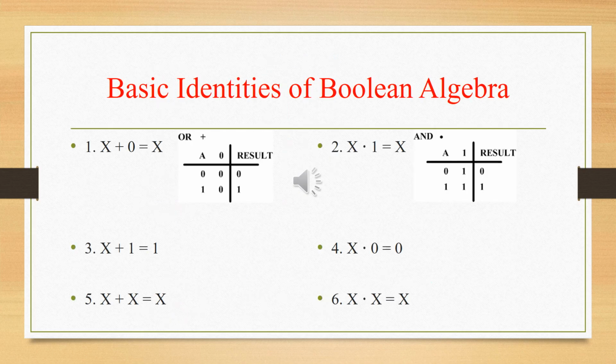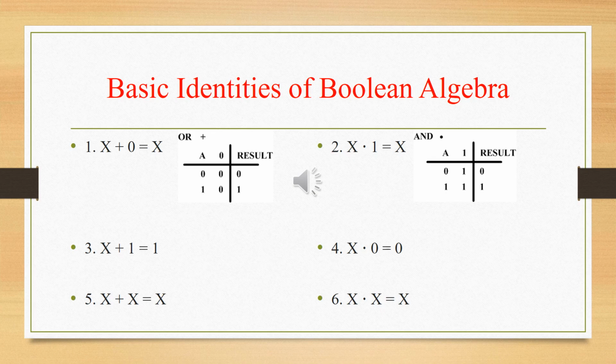In Boolean algebra, the common thing you have to remember are the basic identities and also the properties of Boolean algebra, and we can expect questions from those two topics. So you have to remember the basic identities of Boolean algebra and also the basic properties of Boolean algebra. These identities are very simple, based on OR and AND functions. OR is considered as plus, that is adding, and multiplication is considered as AND. So adding any variable x with 0, the result is x. That is the first identity of Boolean algebra.